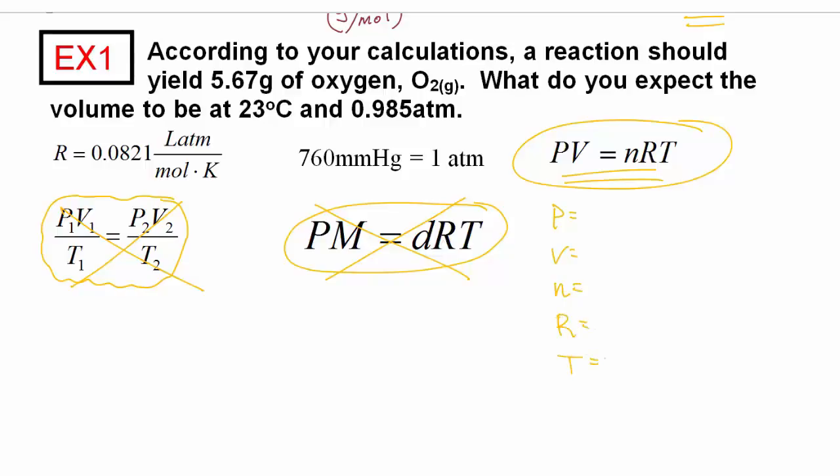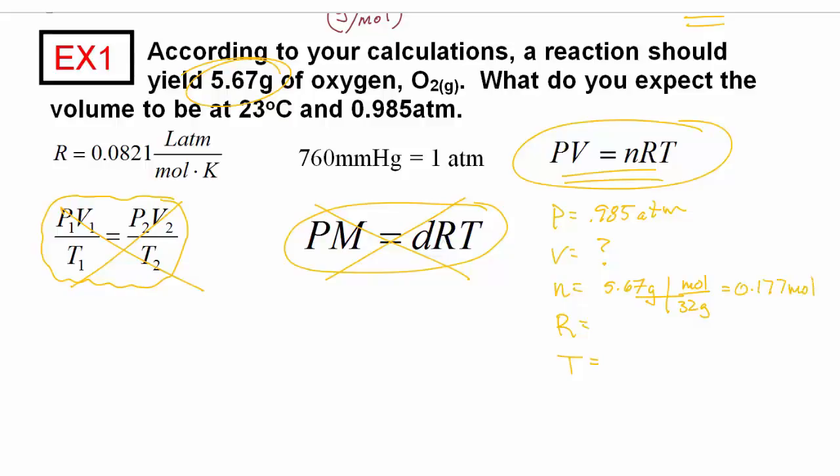So my pressure is 0.985 atmospheres. They want to know what the volume is. N is 5.67 grams. Now that's the wrong units, but recognize mass, units of mass, right? So I have 32 grams in a mole of oxygen. 5.67 divided by 32, about 0.177